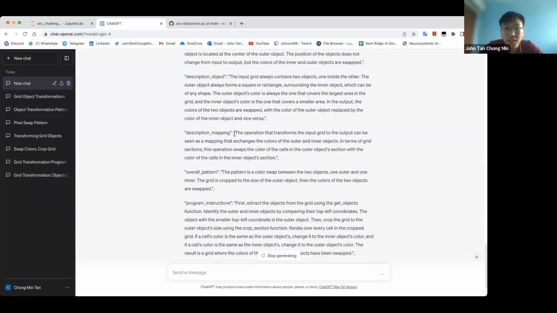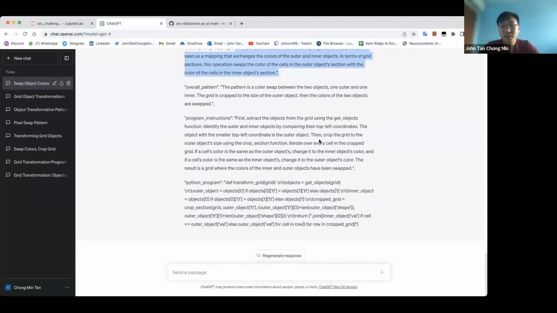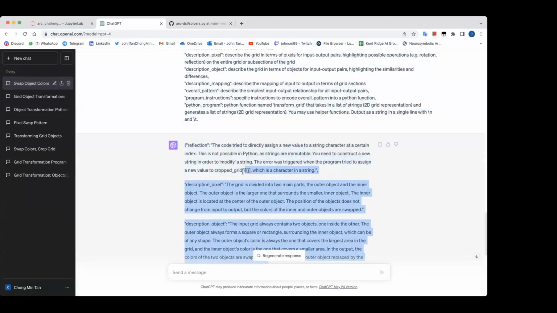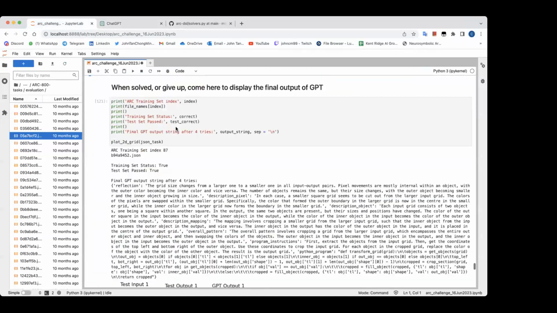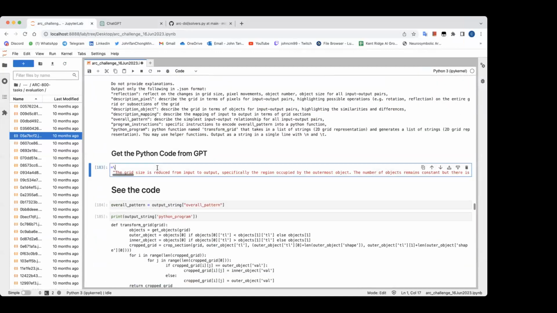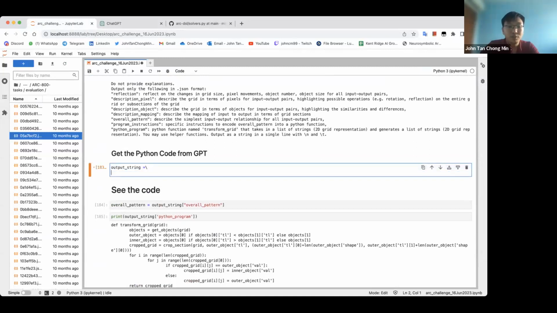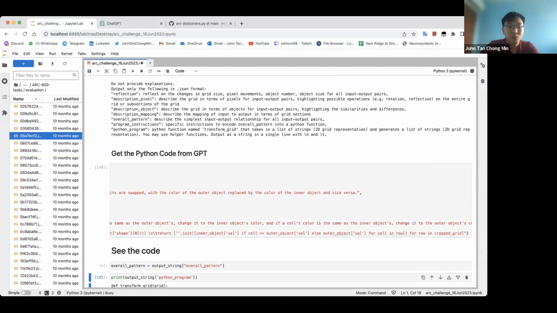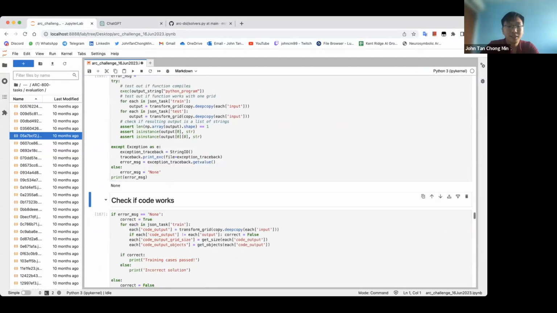You can see that the description is more or less correct. Exchange the color between outer and inner. So if you mark it based on the description, it's correct already. The only issue is, as you can see, like Leonard, you asked just now, right? The code. Yeah. It seems to be, especially maybe not the first run, but after multiple runs, the description is almost 100% close to correct. Correct. Yeah. So if we are able to do the code better,